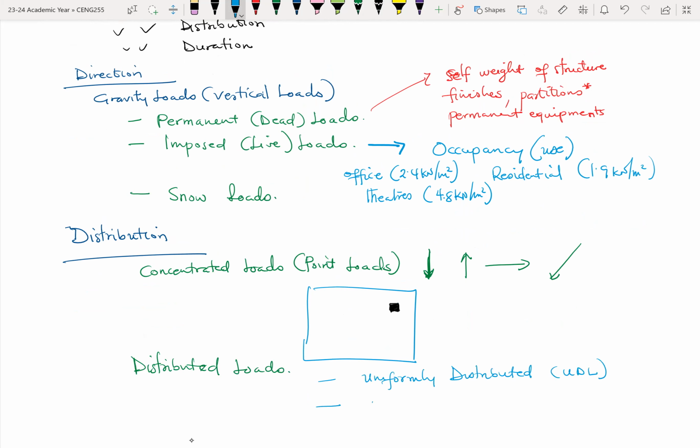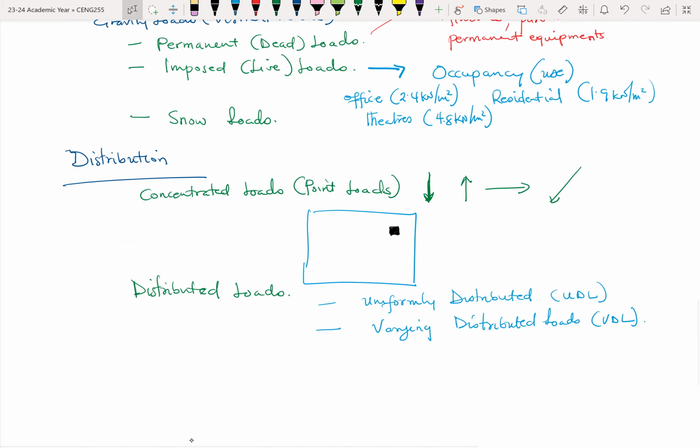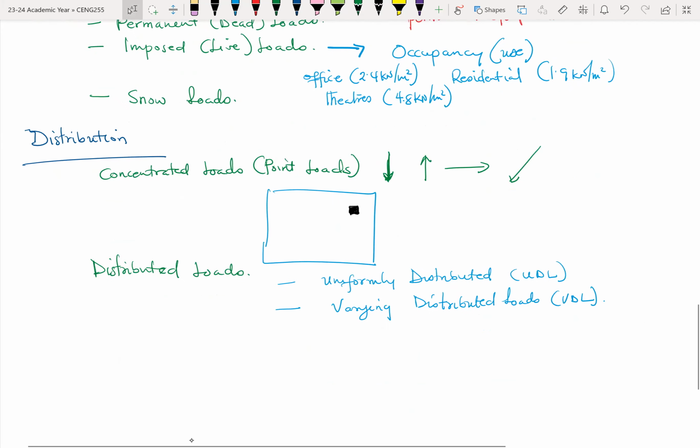And then we have the varying distributed loads. So that's, some will call them VDLs, right? Their behavior is slightly different. In terms of the UDLs,